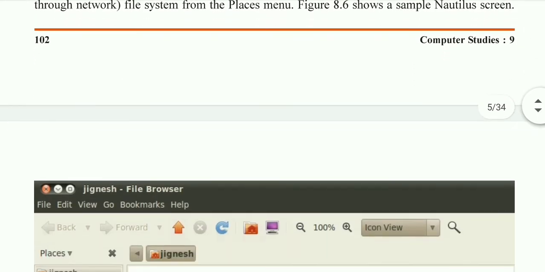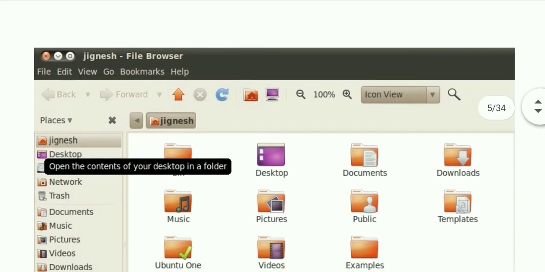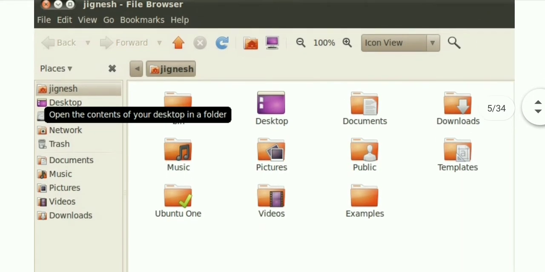Next, you can see here the image of the file browser. It is divided into three parts. As in the rest of the application programs, here also you can see the menu bar, and the toolbar at the top. The toolbar shows some frequently used icons of the different tools that we may use for different functionality in this software.